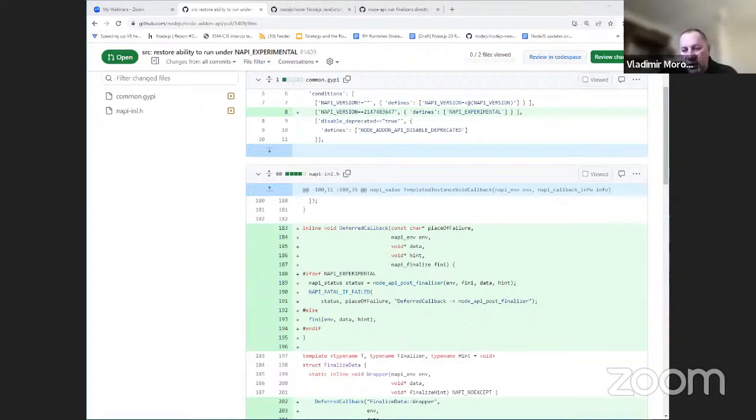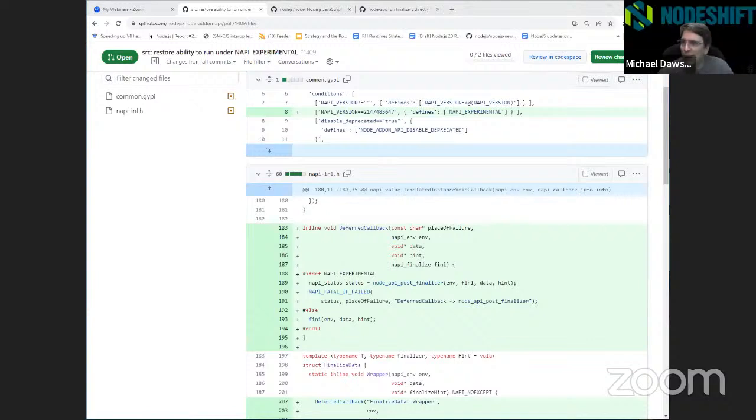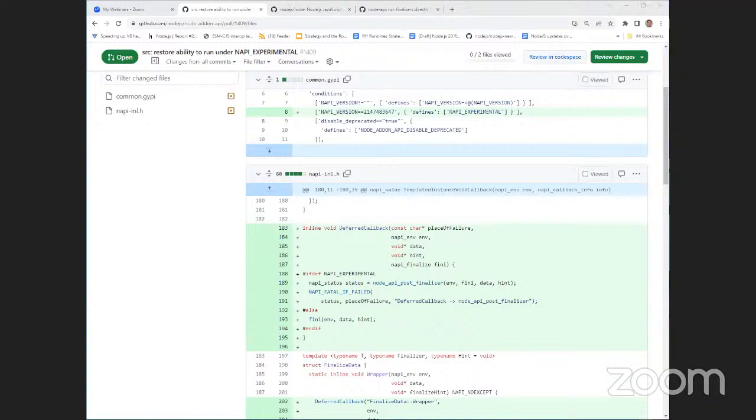It's compiled only, so how can we protect people from running the same plugin on, say, Node.js version 20 versus Node.js 18 if they're using experimental features? If you don't get ABI stability if it's experimental. Yeah, this definition is only useful in experimental, because when it goes out of experimental,